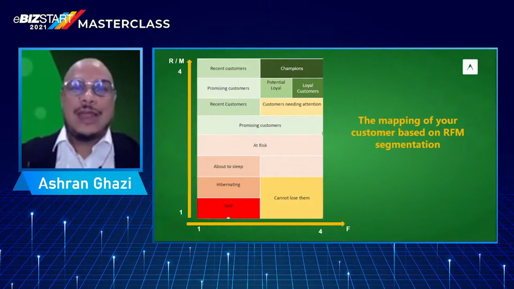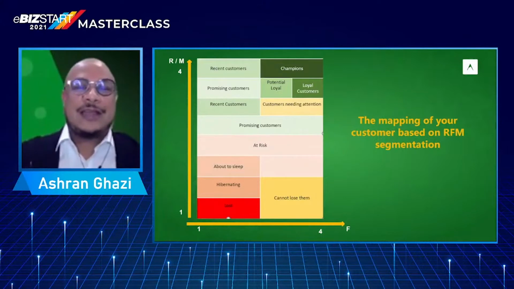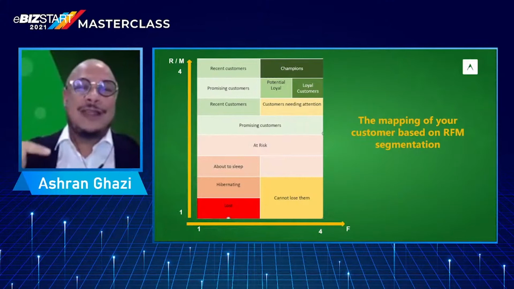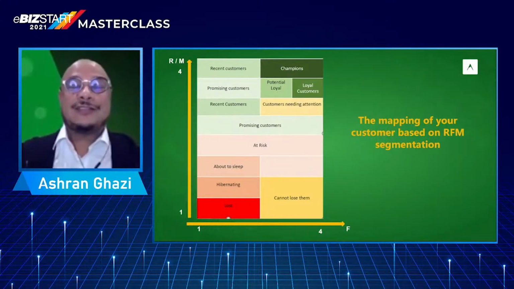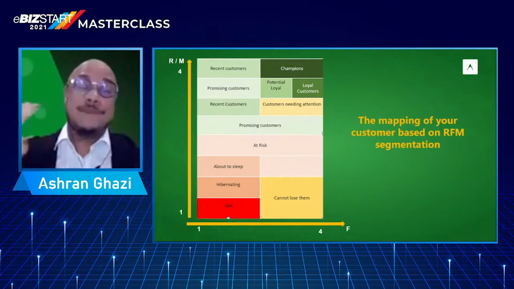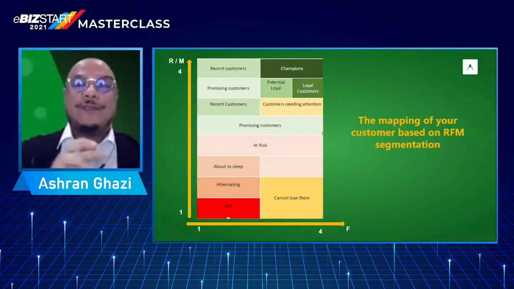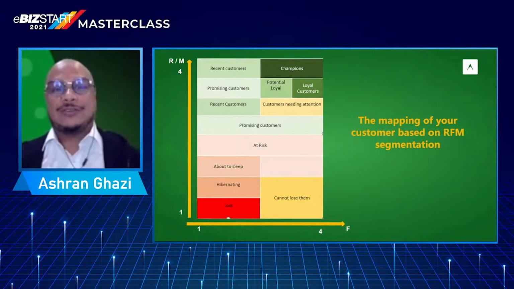But if you're able to look at a champion here, if I just simplistically put it, a customer that frequently goes to your shop, and has been to your shop pretty recently also, and the transactional value that they make in your store is also significant relative to the rest, right? And if you model this right, it can be designed relative to the customer sets that you have, so that you're able to segment them well enough.